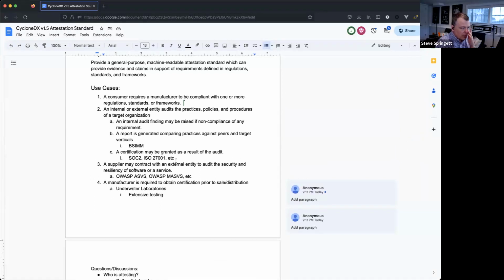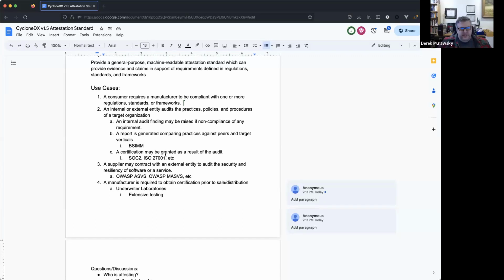Going back up to the use cases, are there other types of use cases that we may have missed? I would suggest that in the consulting space for number 2, there would very much be